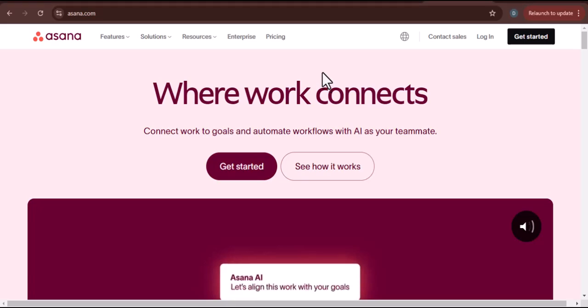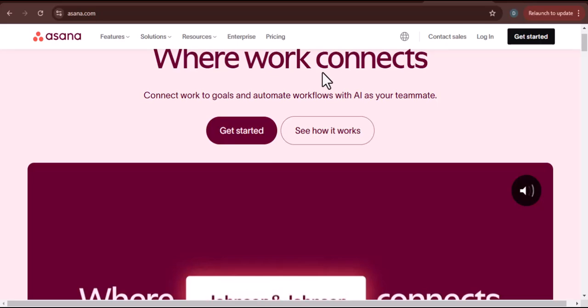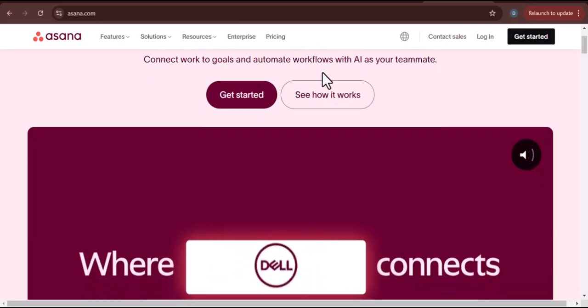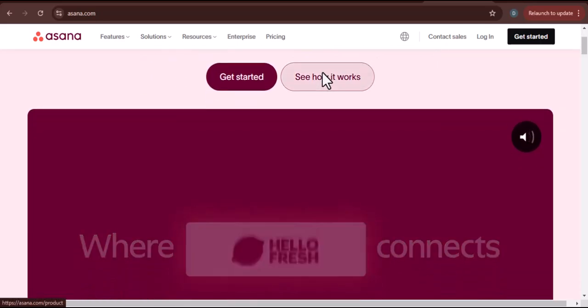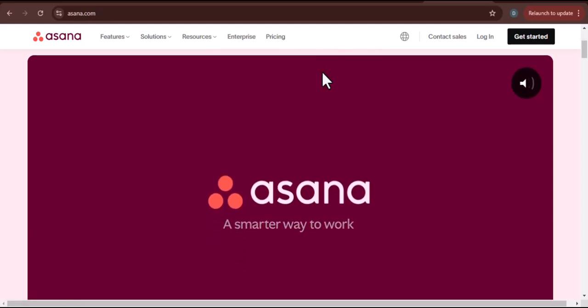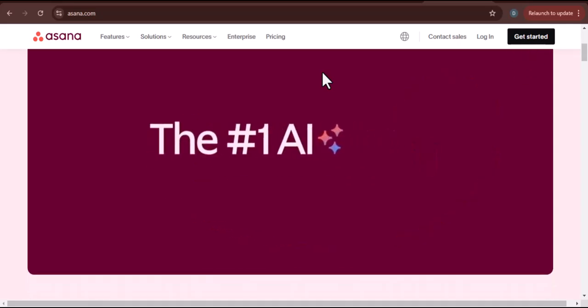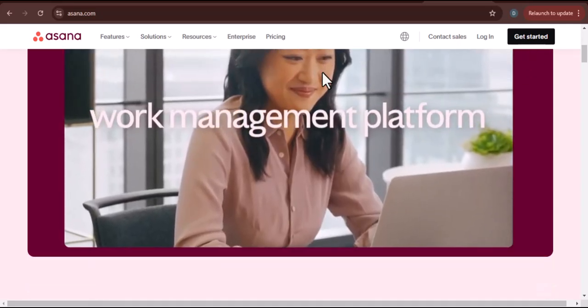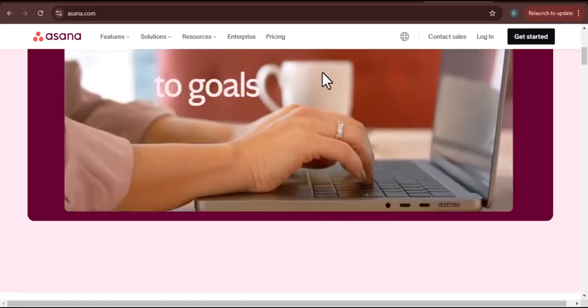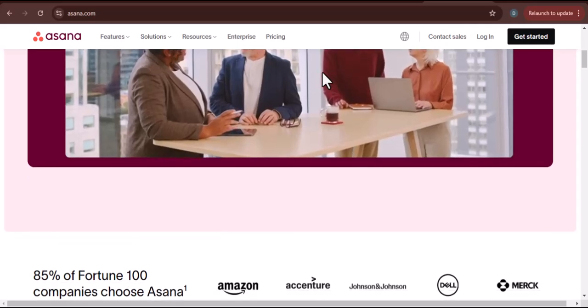Ever felt like your project management tool is less of a helping hand and more of a digital obstacle course? You're trying to stay organized, but it feels like you're wrestling a digital octopus? Specifically, has that octopus been called Asana, and you're now eyeing the calmer waters of Microsoft Planner? You're not alone. We've all been there, staring at a screen, wondering if there's a better way, a smoother transition,